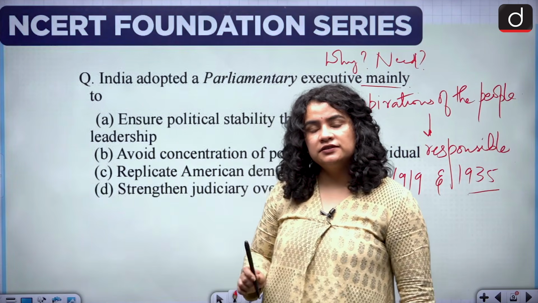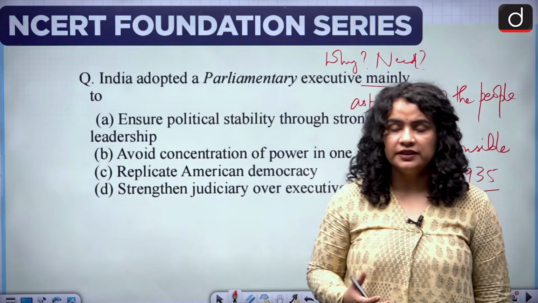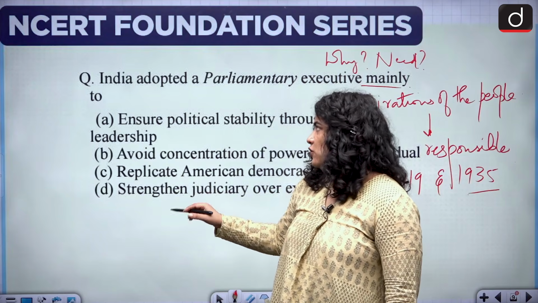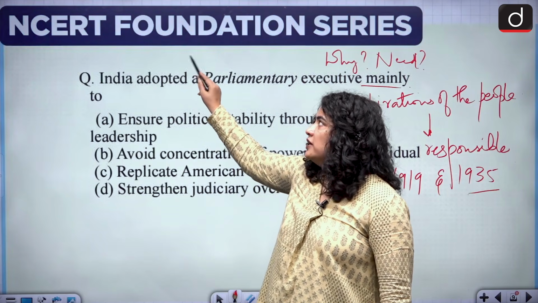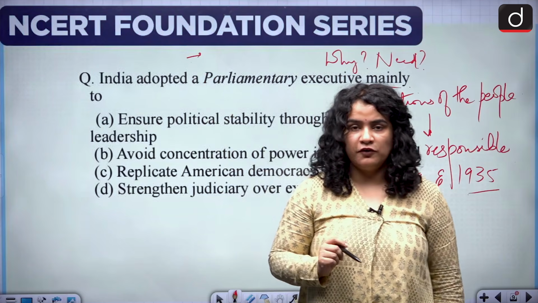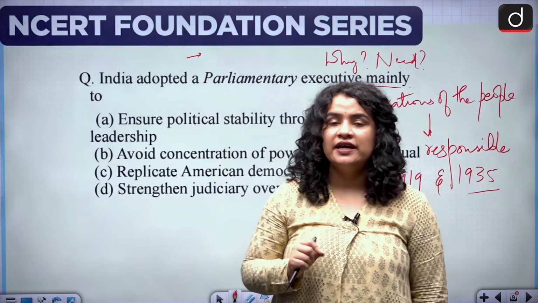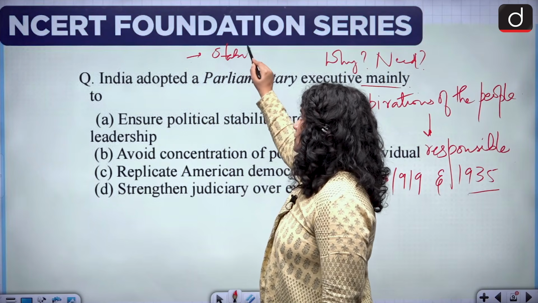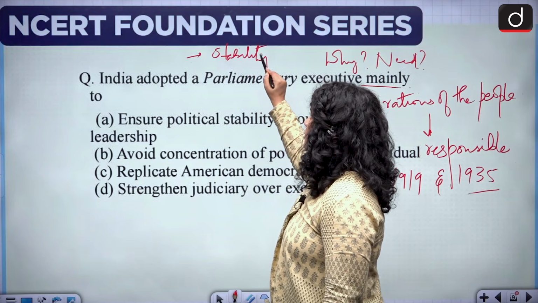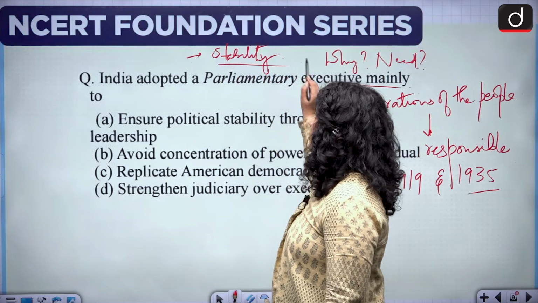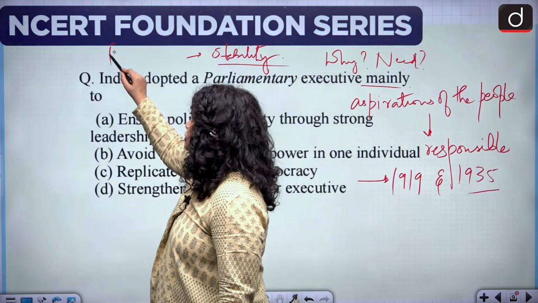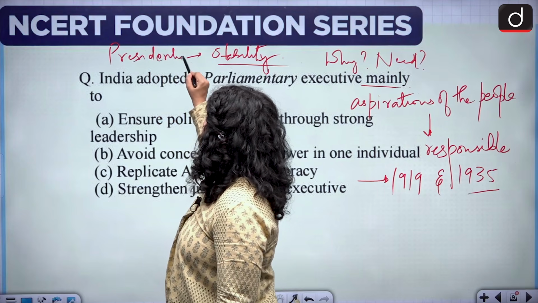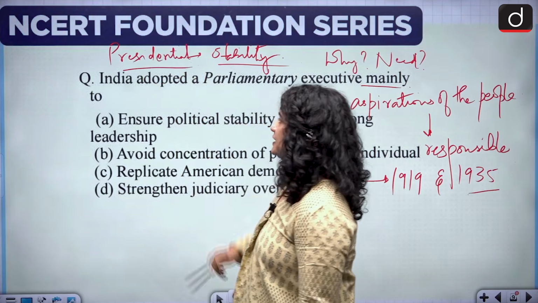There was a third and a very important reason, and that was the fact that the Constituent Assembly, the constitution makers, were actually also considering the presidential form of government for India. But they realized that even though it provides more stability by vesting most of the power with the president, the presidential form of government is likely to provide more stability in that sense.